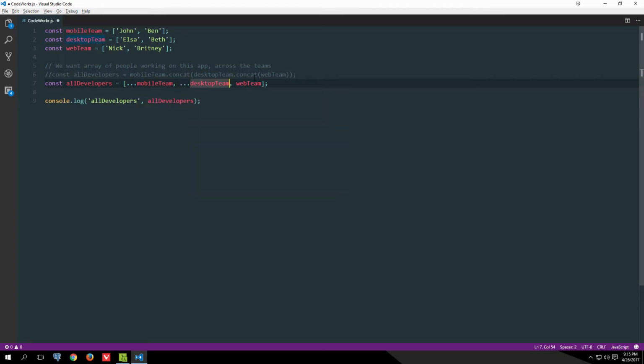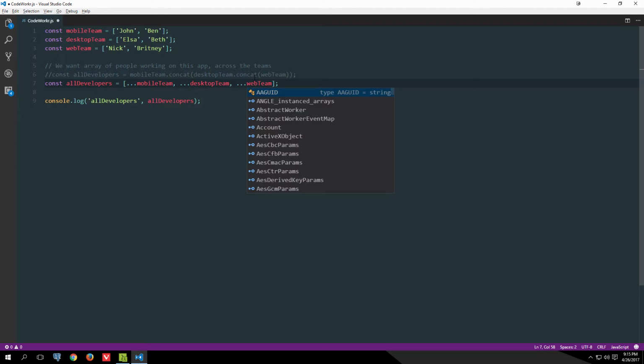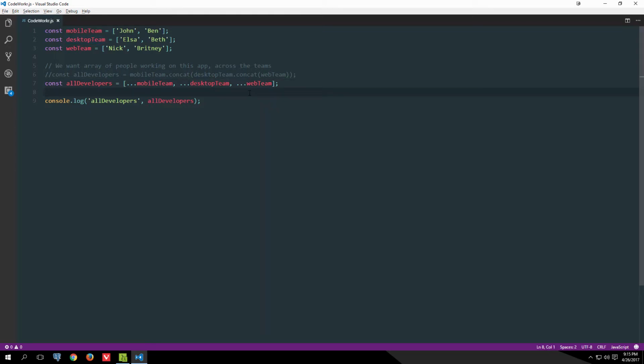Like we typed earlier. Okay, so that is one thing. Now of course you can use concats. They work the same. The reason why the spread operator is there is that once you're used to it, it's kind of faster to use, and also, using the spread operator, you can add some developers to this list. If you didn't use this and you used concats, it wouldn't be as easy to